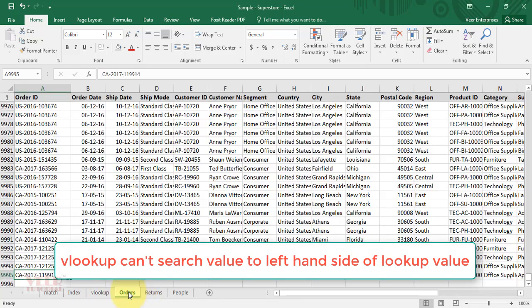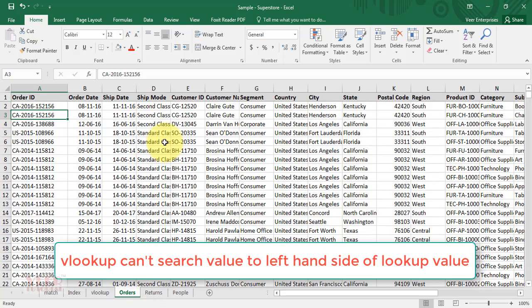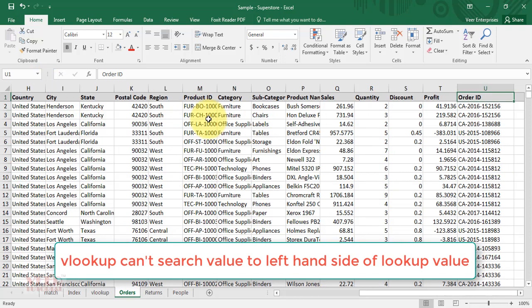Means here I have our data in which I have order ID, and on the right hand side I have order ID, ship mode, customer ID, name, and so many details. If I use VLOOKUP function, I can search all the details on the right hand side using the customer ID as a lookup value, but I cannot use it or search any value if the order ID is on the very right hand side. I cannot use this order ID searching a value on the left hand side.